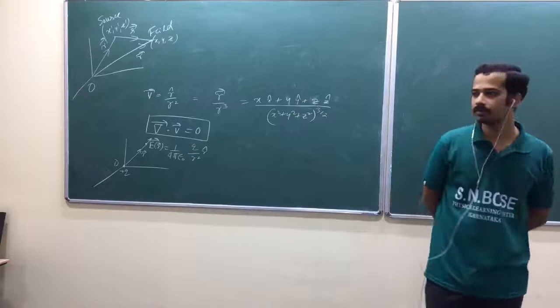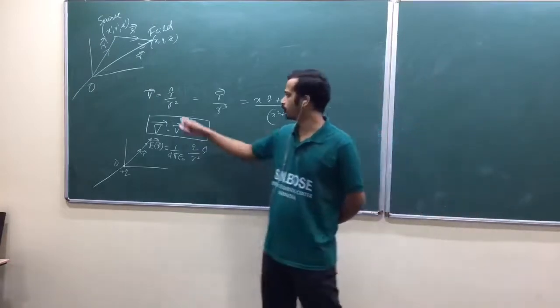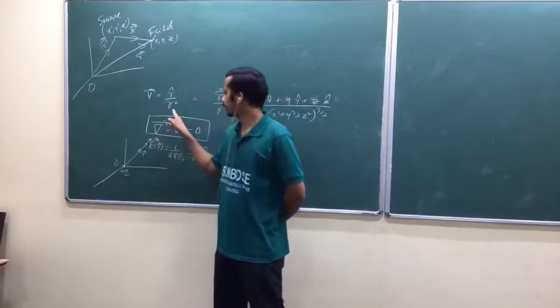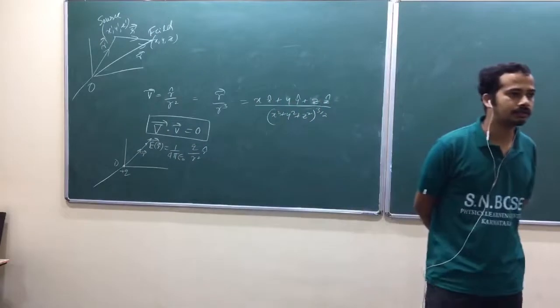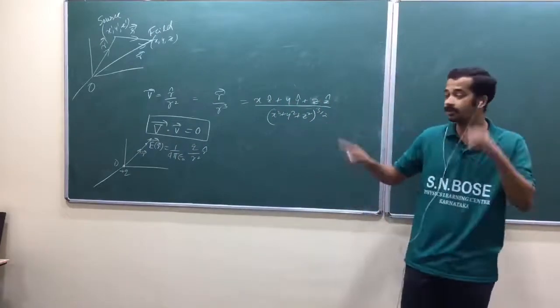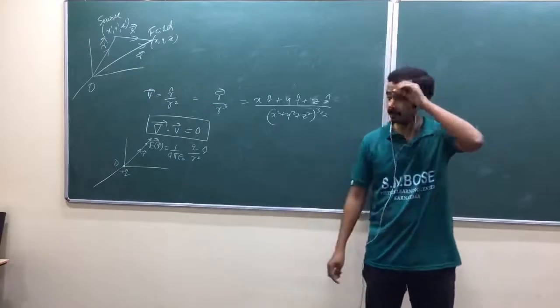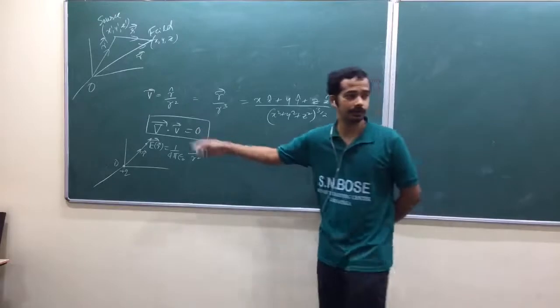Again, we need to think about a kind of differentiability, isn't it? When you put R equal to 0, that means at the origin, your vector field is infinity. You can't take the derivative at 0. Is that okay? We need to edit this one later, after Gauss theorem. This is not 100% correct.